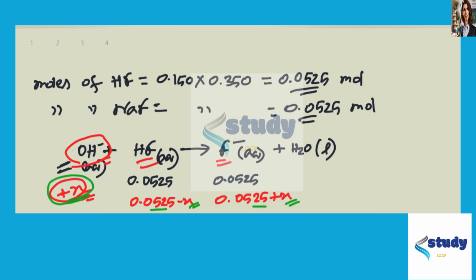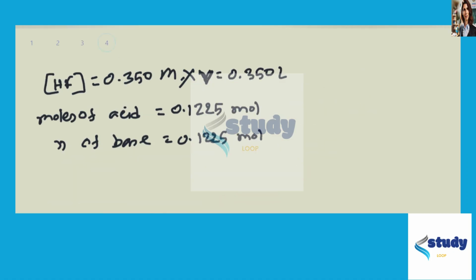Now, as before, if we go back to our previous equation, similarly we will here add x mole of base, but in this case we will have these values replaced with 0.1225. So that means that in the final solution we will have to just subtract x from here and add x to here. So if we set up the Henderson-Hasselbalch equation for this case, our pH is as before